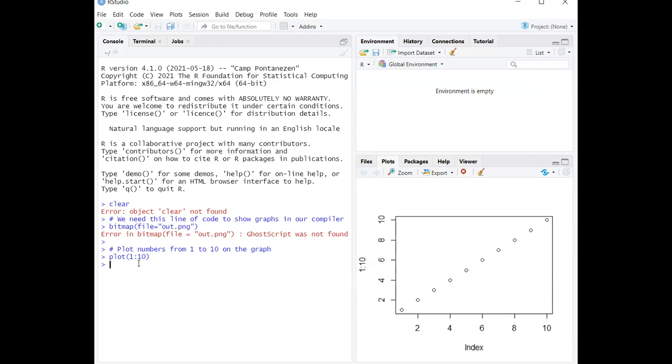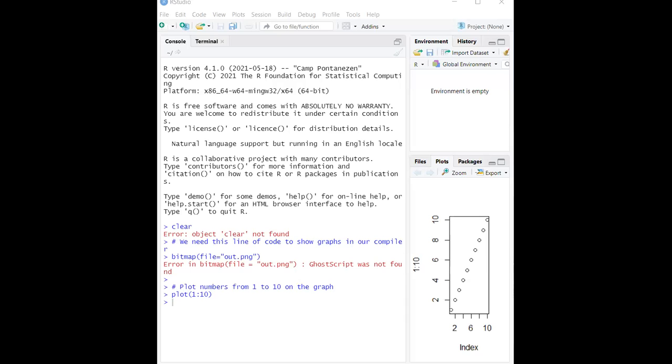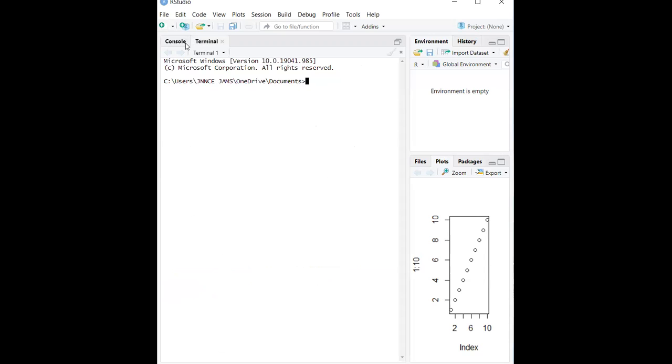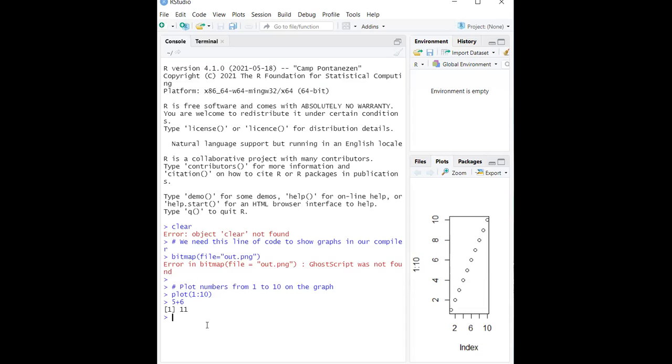The commands, everything can be written here itself, and then we'll get the output in the console window. We can do a simple computation like 5 plus 6, and you get the output here itself, in the console window.